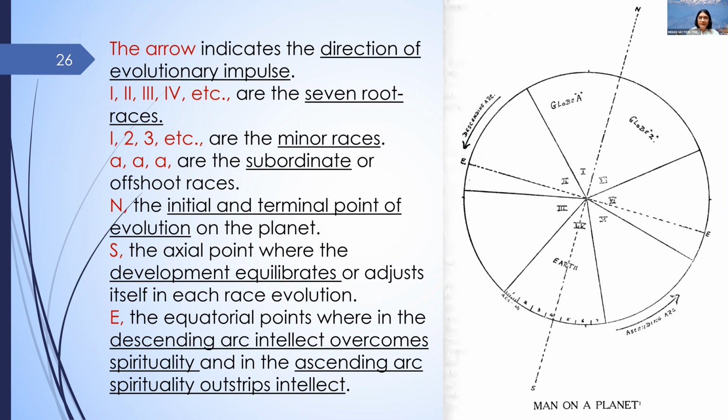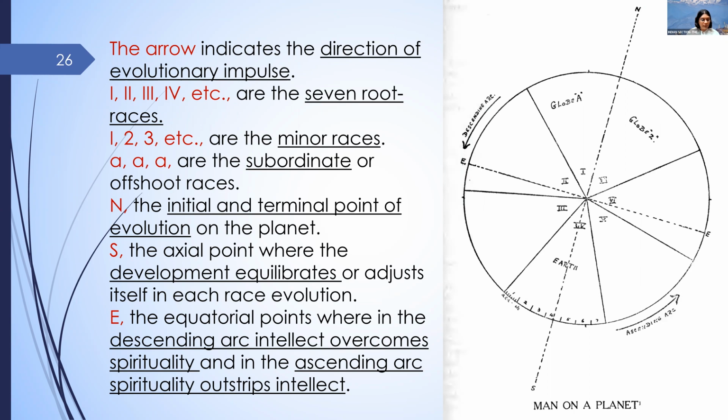So if you consider that the circle drawn in the figure, the large circle, that is our Earth. So for the time being, please ignore what is written on it, globe A, globe Z, and Earth. So please ignore those words. They were added by Mahatma KH later on. Just consider the outermost circle and consider that to be the complete circle, to be our Earth. Then in that case,